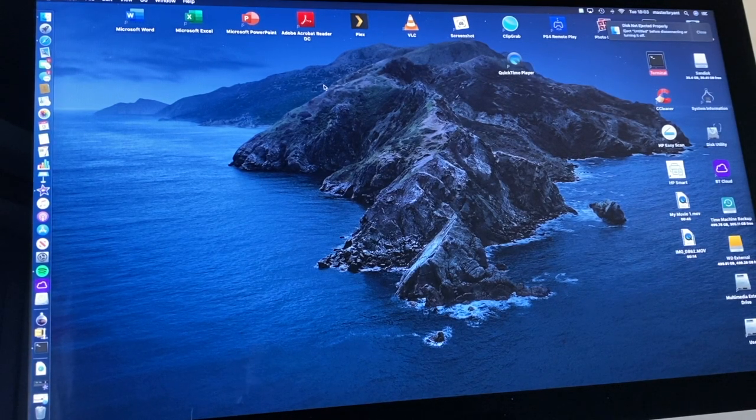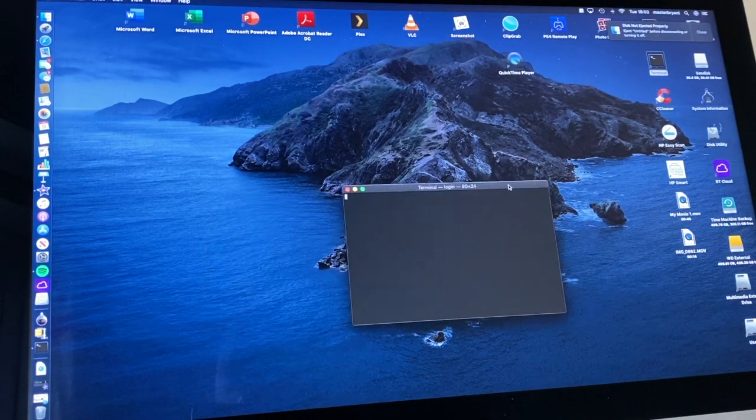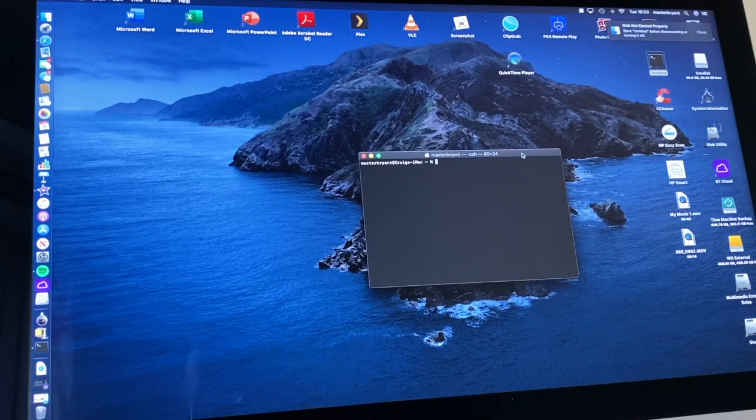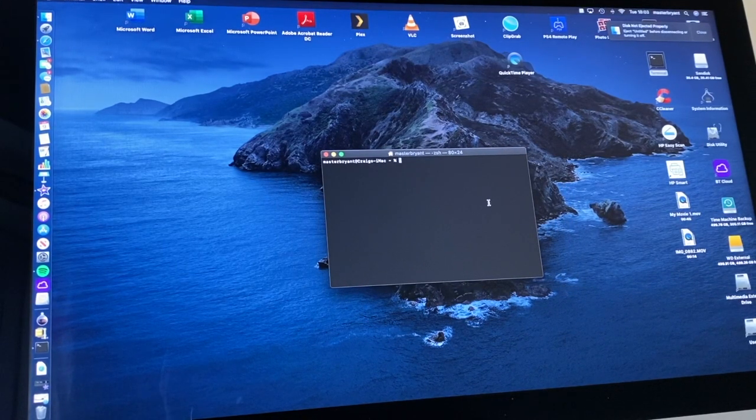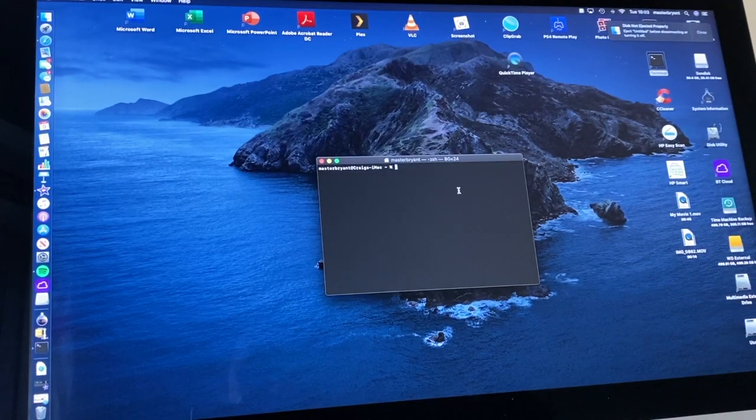So what we will need to be doing here is we'll be using a utility called Terminal. Now this is used on the MacBooks and iMacs. It's a handy feature. Basically it's like Command Prompt on the Windows PC. This is the same kind of thing. This is how we'll be creating the image on the USB key to make it a clean install of